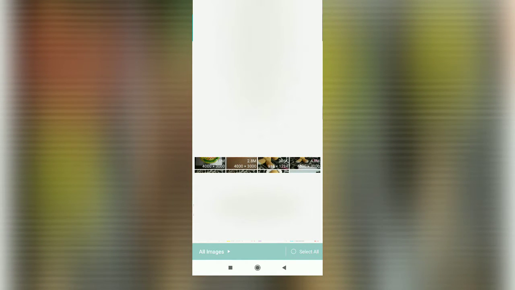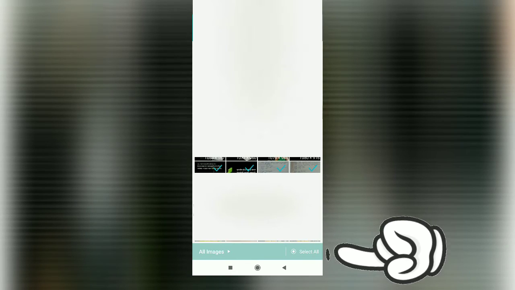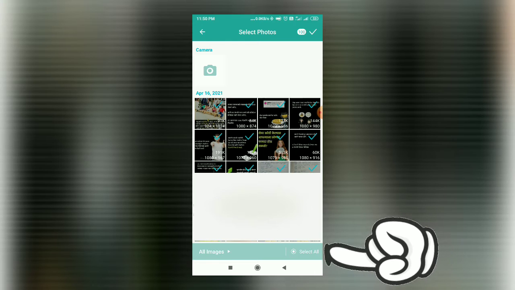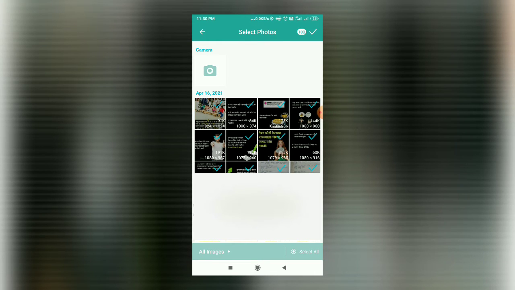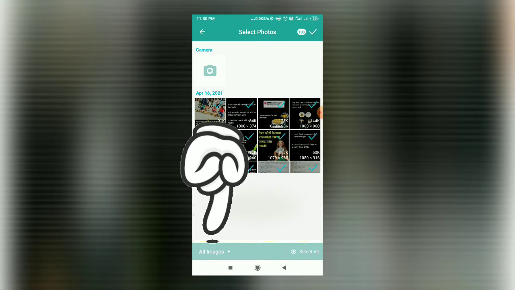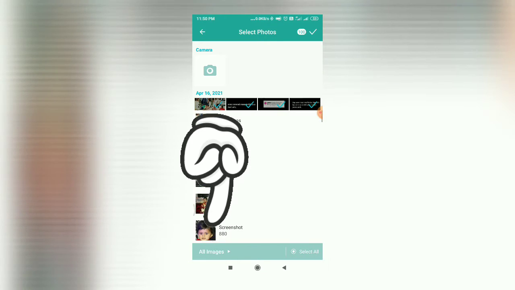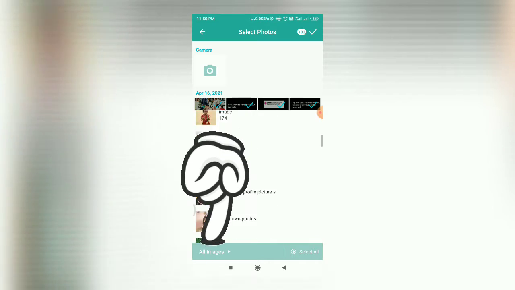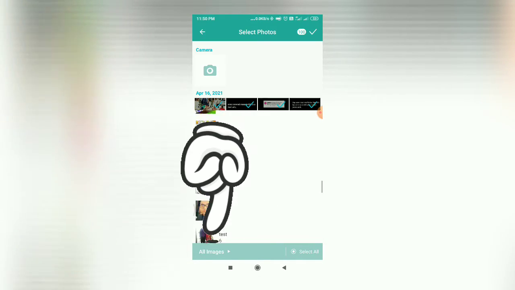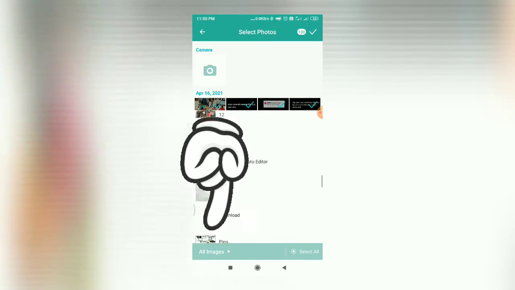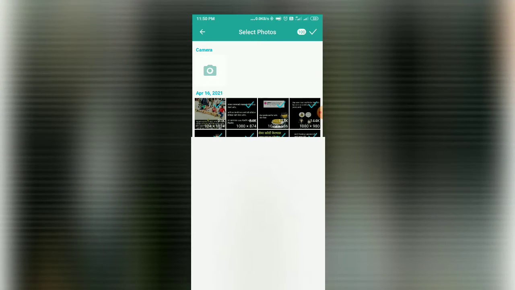Okay, so next to that, in the bottom of the screen you can see we have 2 options: select all. Suppose we want to select all images available here, as this is not a premium version, we can select maximum 100 images for processing. Okay, and if you want to select images from a specific folder, you can tap here and it will show you the list of available directories within your local storage. So you can go to any directory and select the photograph which you want to compress.